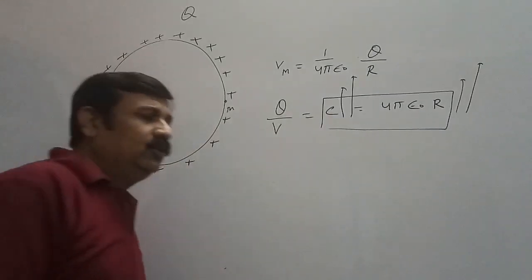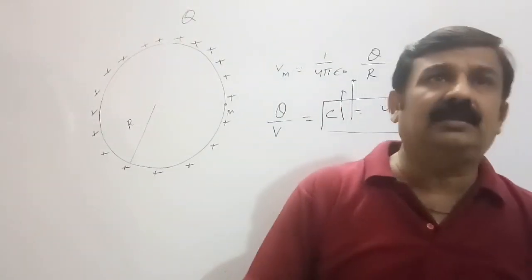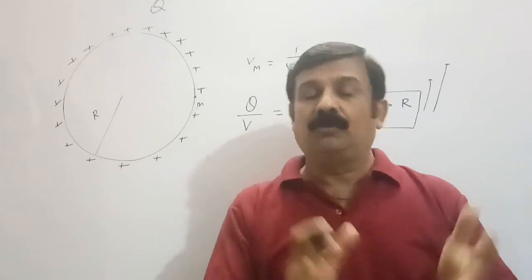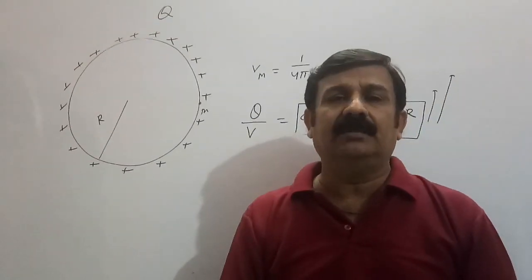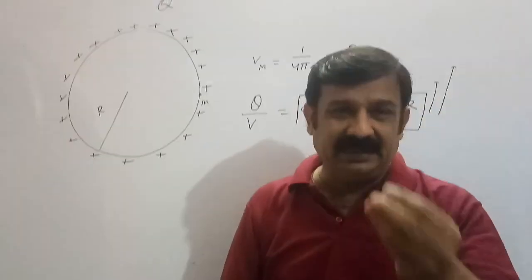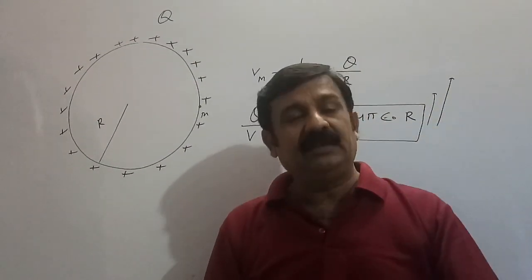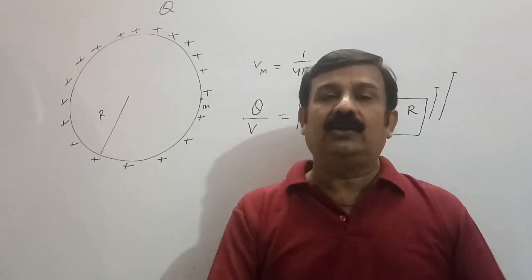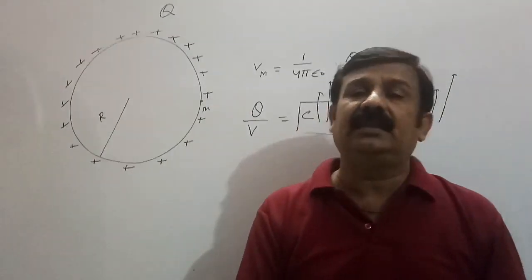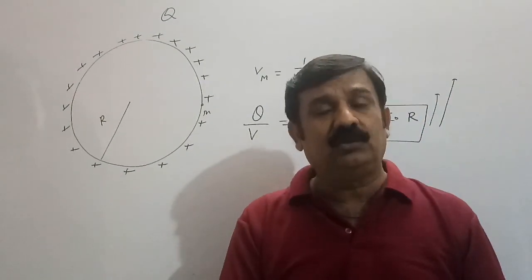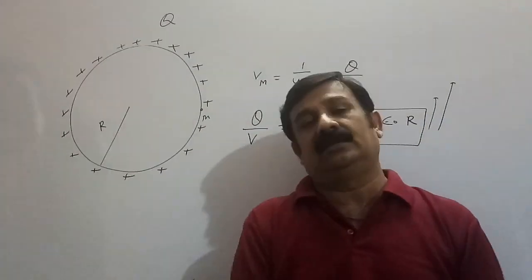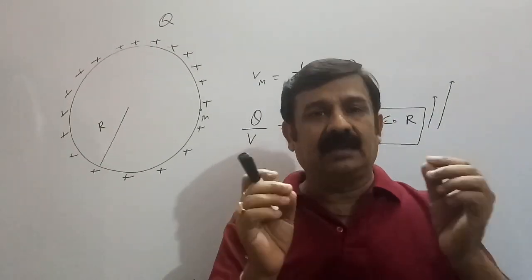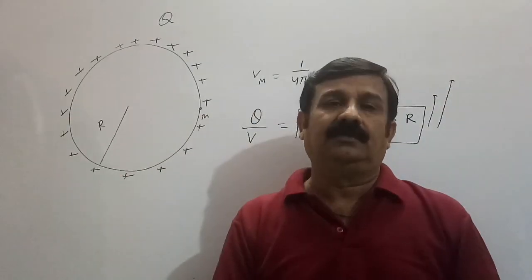This expression can also be used to guess what maximum capacity a spherical conductor can hold. Practically, if we take a spherical conductor, we can take its radius of 1 meter, 1 centimeter, 1 millimeter, 1 micron, 1 Fermi, 1 kilometer, and so on. I don't think that we will be able to design a spherical conductor whose dimension will be more than the radius of Earth. So the largest practical spherical conductor is the Earth.